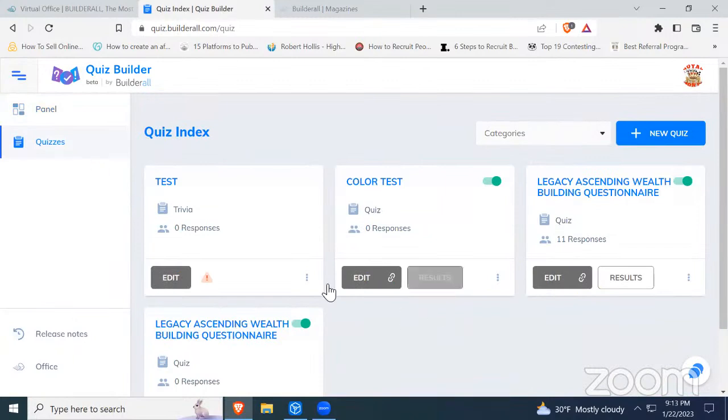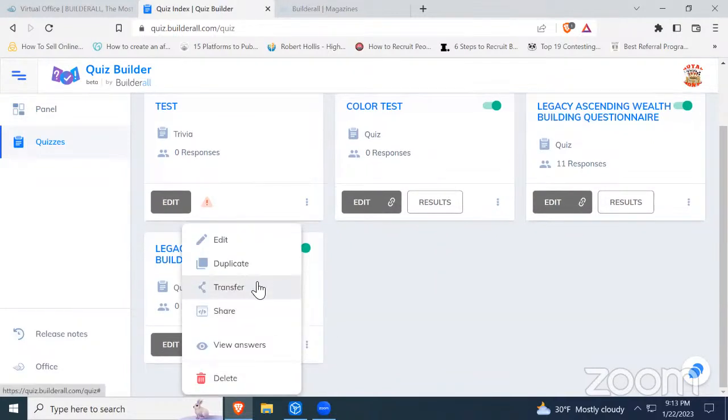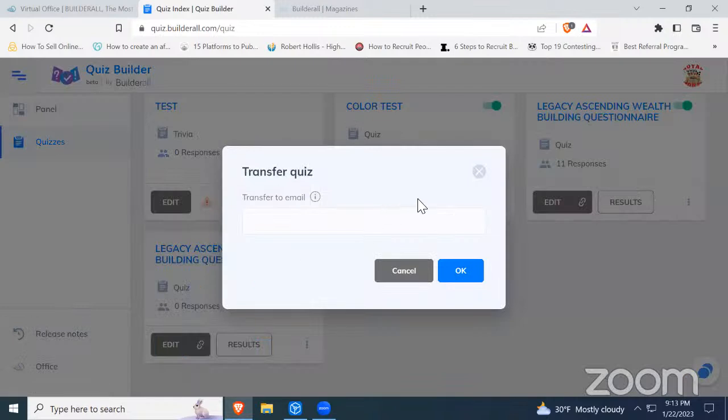So I've had a quiz in here, and you can transfer them, right? Same thing. You just need the email. Don't have a public link. But the thing with this one is you need to be logged in at the same time. If you're not logged in at the same time, the other person will not be able to receive their quiz. And so I didn't know that. I was like, hey, Builderall, let me tell you, it's not working,